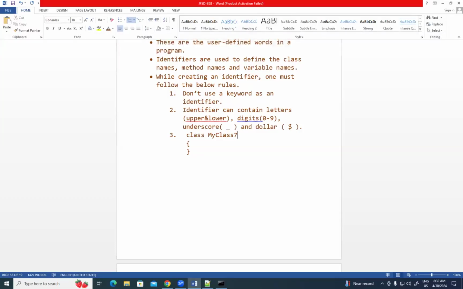Digits are allowed. Letters are allowed. Underscore is allowed. Dollar is allowed. But what about white space? Not allowed. What about hash? Not allowed. What about at the rate? Not allowed. What about exclamation? Not allowed. Very good. So, folks,